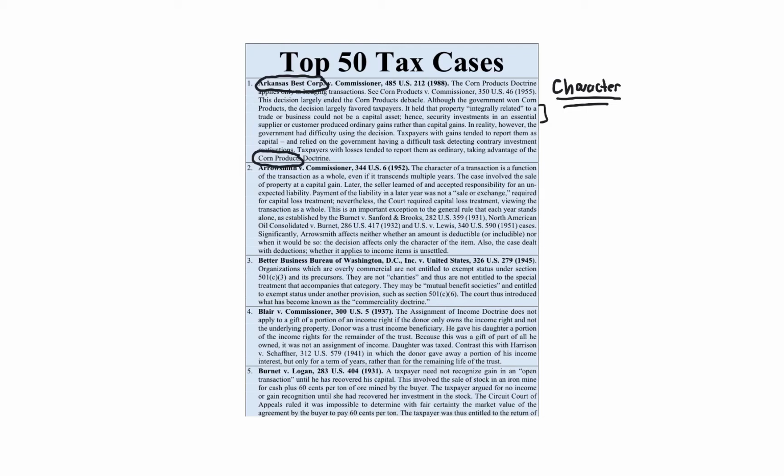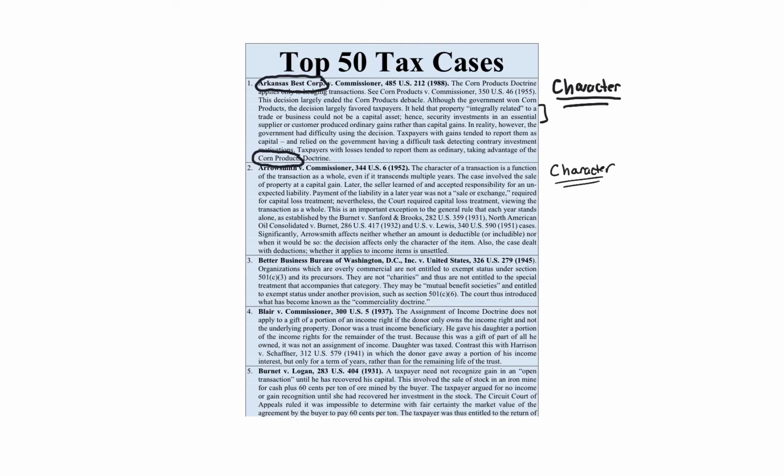Let me shift to a smaller pencil so I can get some more space on here. So the next case is Aerosmith. Aerosmith versus Commissioner. So this is a huge case. This one also deals with character. It's also a character issue. Now, you all might remember Section 1245 recapture, ordinary recapture, right? And when you get depreciation deductions or amortization deductions, it gives you ordinary character benefits. When you later sell the property, 1231 long-term capital gain, so potentially a lower rate.